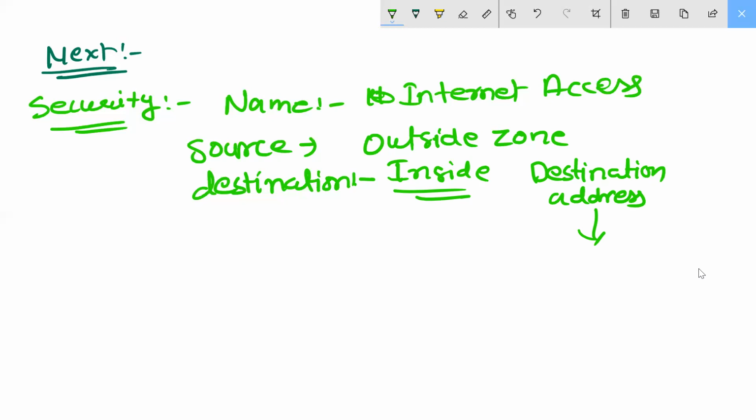Let me give it to you. That should be 192.168.206.206, whatever your outside is. Any IP you have taken, any IP you should give.